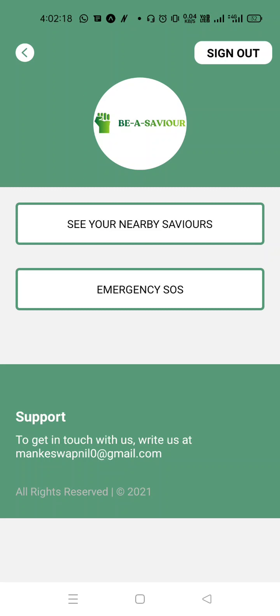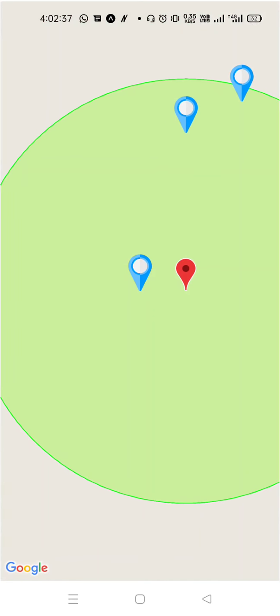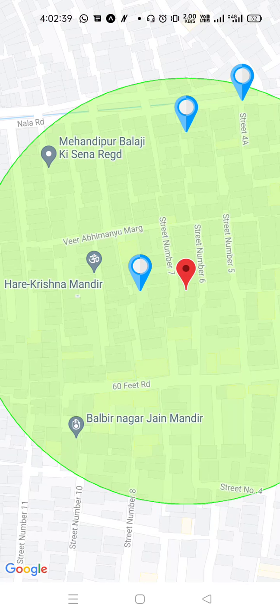Here you can see two sections. One is to see your nearby volunteer by clicking on the first button, and the second one is for emergency SOS, which helps you connect with a savior and police in an emergency. By clicking on see your nearby savior, you will be redirected to the next page that shows the location of your nearby savior.